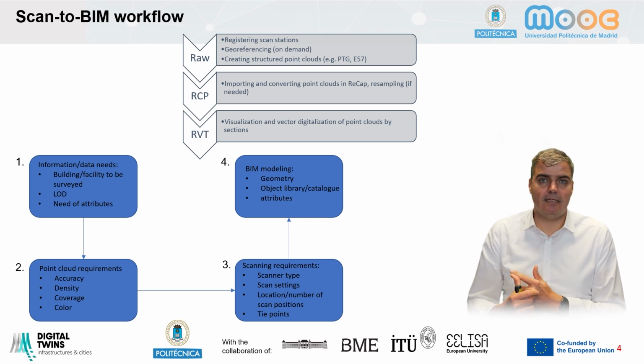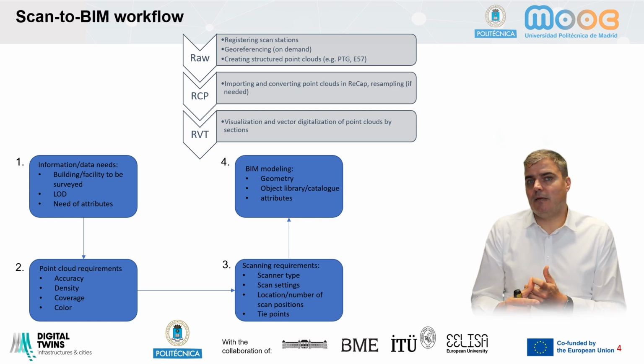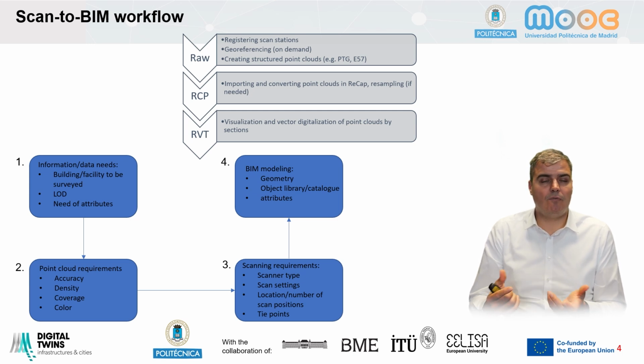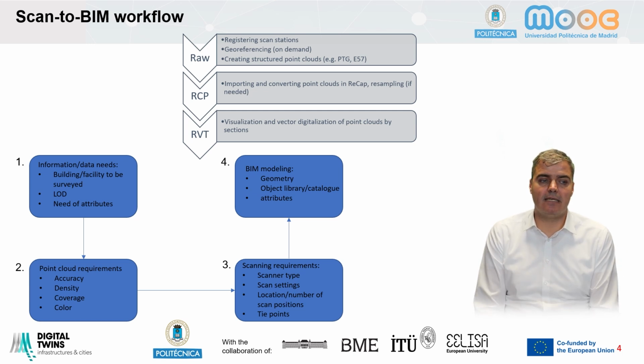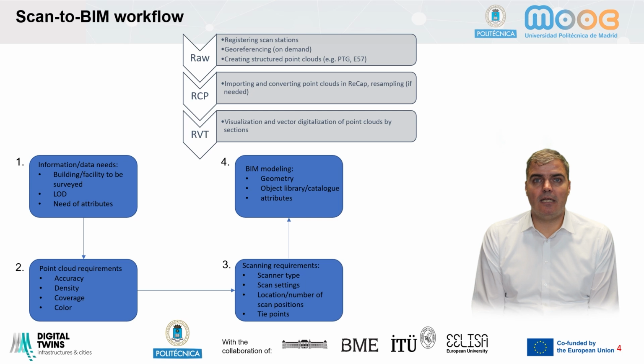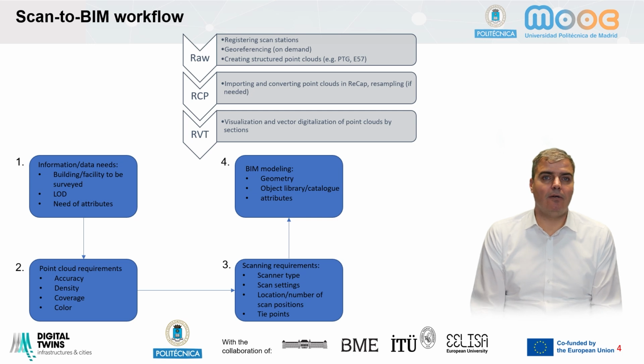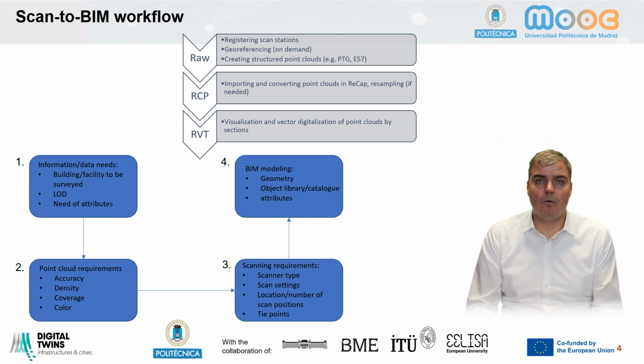What accuracy is needed? Is it needed to be 1 millimeter accuracy or 2 millimeters accuracy, or for architectural surveys is 2 to 3 millimeter accuracy enough? What point density is needed? What do you want to model from them? How do you want to resample that? What kind of point spacing is needed? What coverage is needed? If we are talking about a power plant, do we need to scan all the pipes from every direction, or do we need only the floor or ceiling or walls of a room,